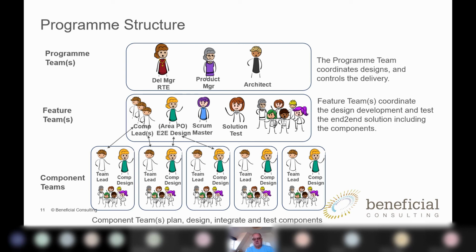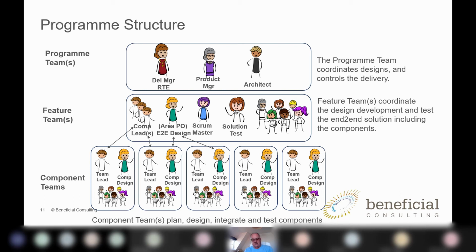Then you've got feature teams. Now those feature teams, you might have several of those, and those teams need to work and work together. So you get that integration piece that we were just looking at when you've got those feature teams. So you would need to think about how those teams are going to work. You might have what Les calls an area product owner in the feature team. You might have end-to-end designers in that feature team. You might have a Scrum Master. You will have a Scrum Master in there. You might have a solution tester in there. Okay, so basically you would need to think about how you're constructing that team.